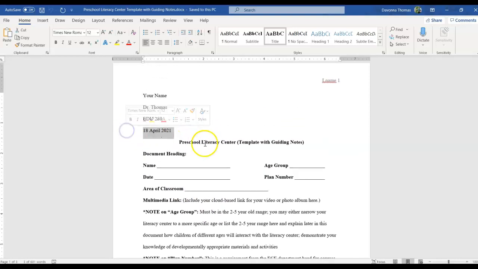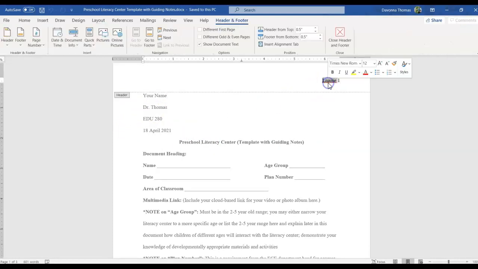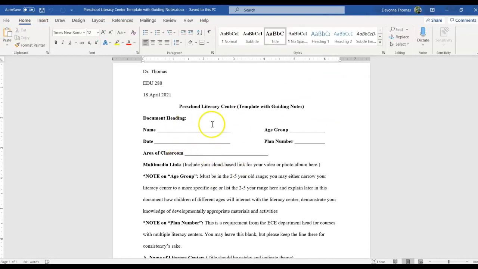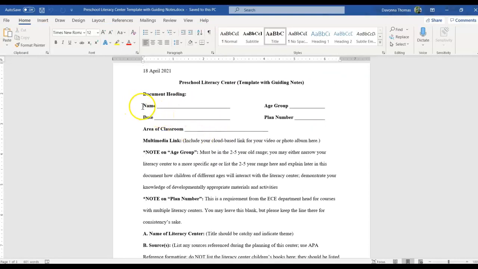You can update the date as needed. You'll need to update your name. You'll need to update the last name and the page numbers. I understand there is a little bit of duplicate here from